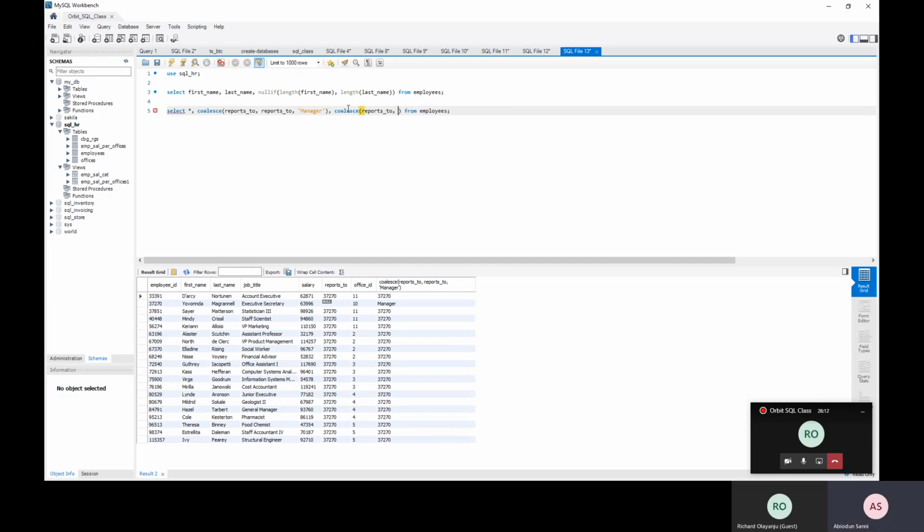Null means that person is not a manager, so just put salary there. Because if it is null, since that person is a manager, let me increase the salary of that person by doubling it by 2. And you can see that